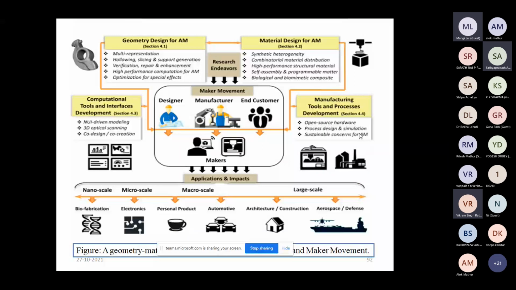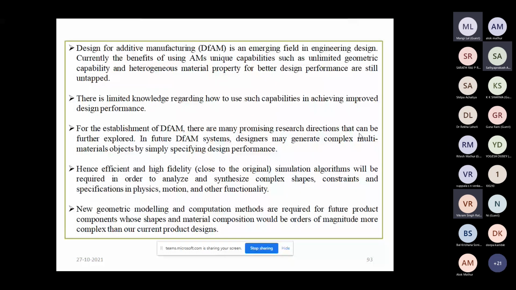There is also a future trend for design for additive manufacturing, according to geometry capability. It means flexibility and heterogeneous material.